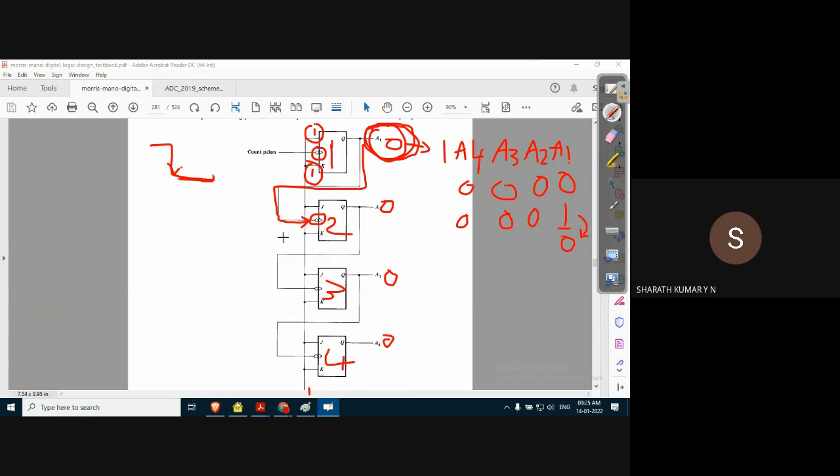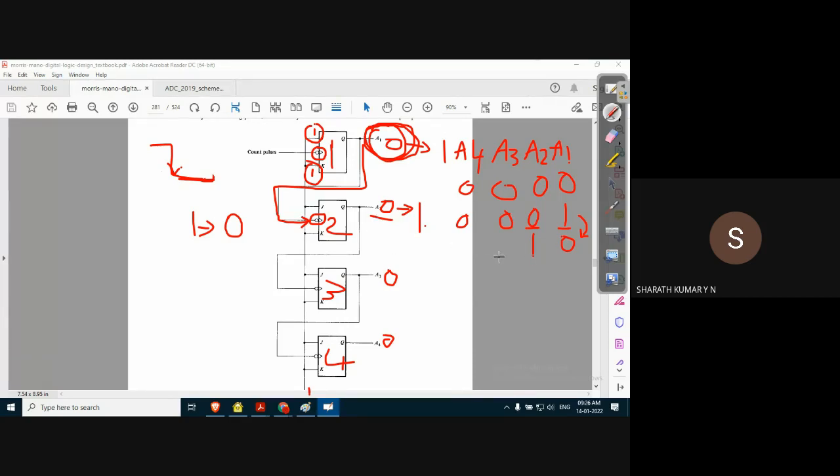And this clock input is going from 1 to 0. Since it's a negative triggered flip flop, what should happen to A2? Since it's a T flip flop, it should change the state from 0 to 1, because initially it was 0.